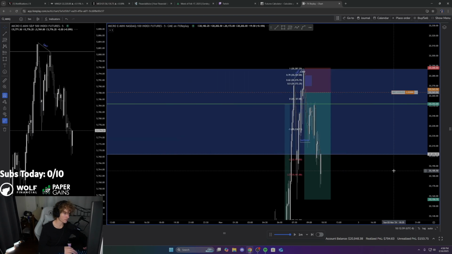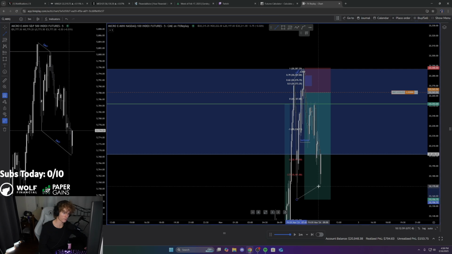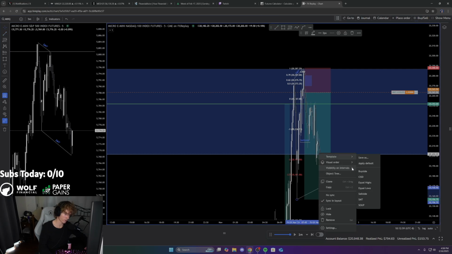I need to see ES. ES SMT's this low. So we have another potential SMT forming against us. That could be another trim if you didn't already trim on the position. When we see SMTs form against us and we haven't taken any profits, we take profits, especially when they're this higher time frame.